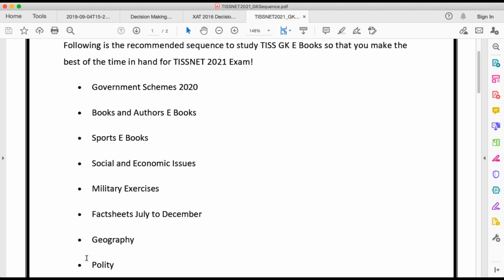Geography, I have already told all of you what all could come. We have been taking a lot of geography related questions in the live GK quizzes also, which we do. So you all are aware of what kind of questions can come from geography. Primarily it could ask you where a particular river originates, where a particular river ends, a particular mountain range passes through which all states or country, which states share border with which country. They could ask you different kinds of questions around soil, crops.